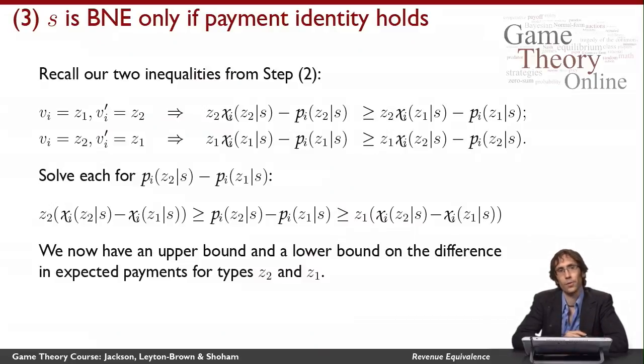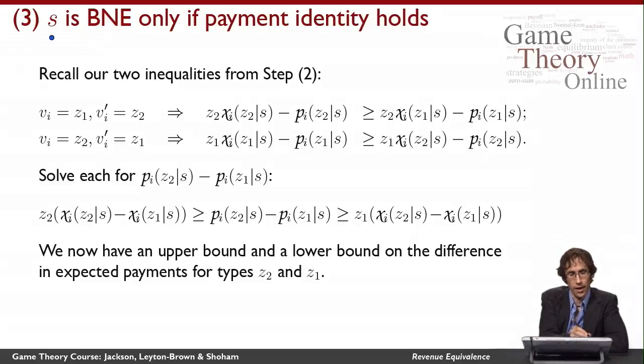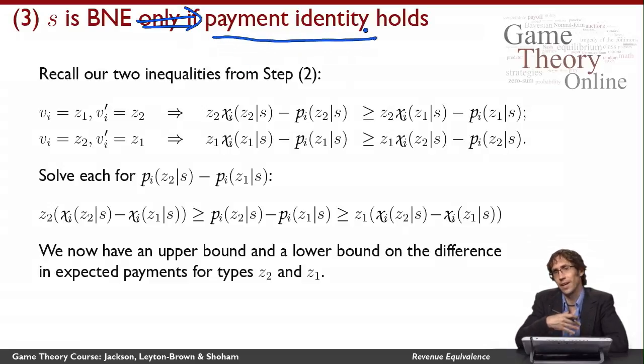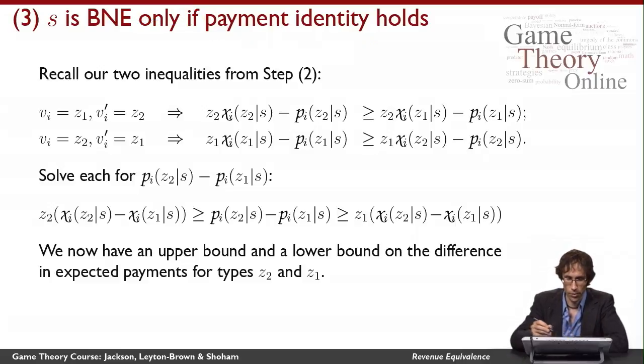All right, so now there's only one last thing to say, and that is that this payment identity is required. So let's see, what I want to say here is that the strategy profile as a Bayes-Nash equilibrium implies that we need the payment identity. The payment identity didn't just kind of suffice to give us a Bayes-Nash equilibrium, but we actually need to have it. So I'm going to start with those same two inequalities that we just talked about before,